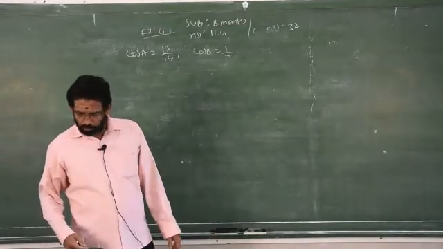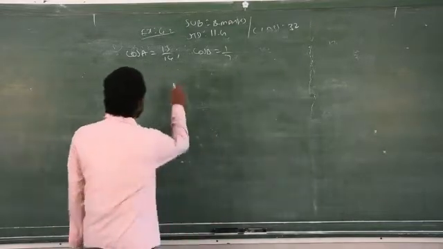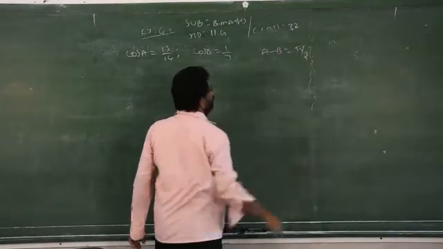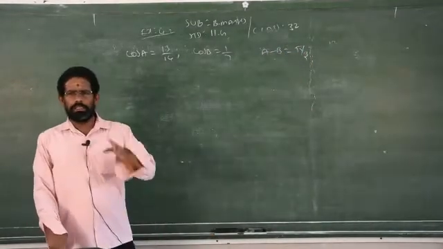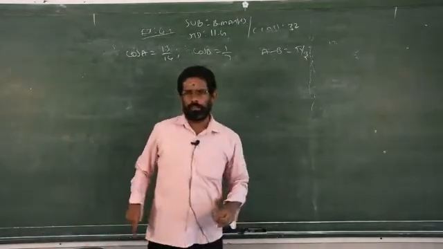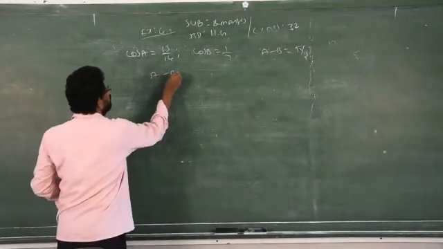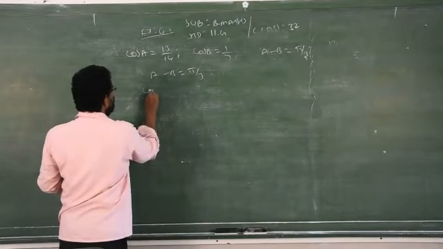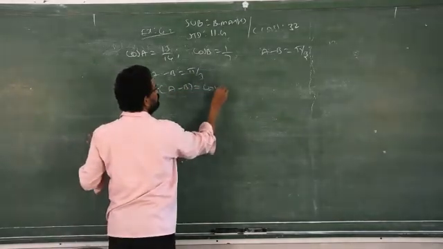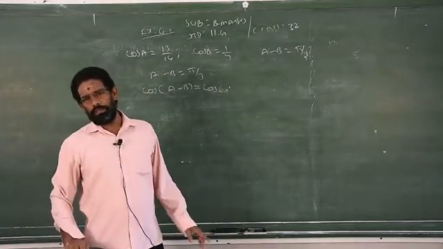Now you have to prove that A minus B is equal to pi by 3. That's the question. There are 3 possibilities. Either you can take cos on both sides. Clear? I am just explaining it. So A minus B is equal to pi by 3. I am taking cos on both sides. Cos pi by 3 is how much? 60. Cos 60 is how much? Cos 60 is 1 by 2.